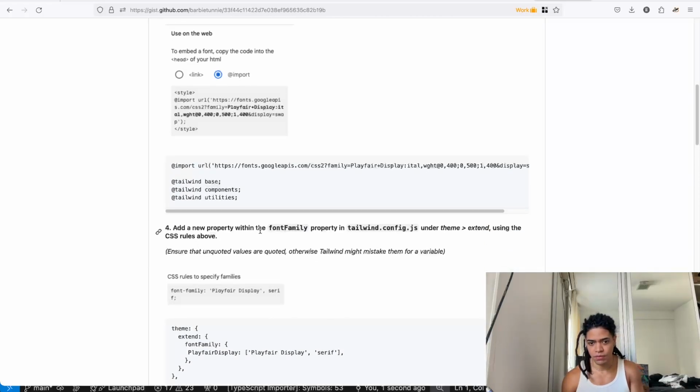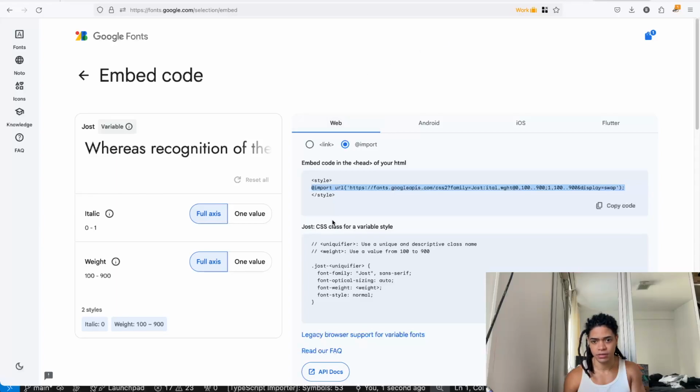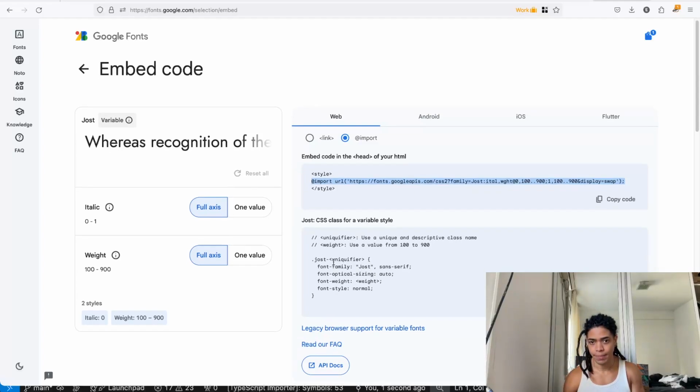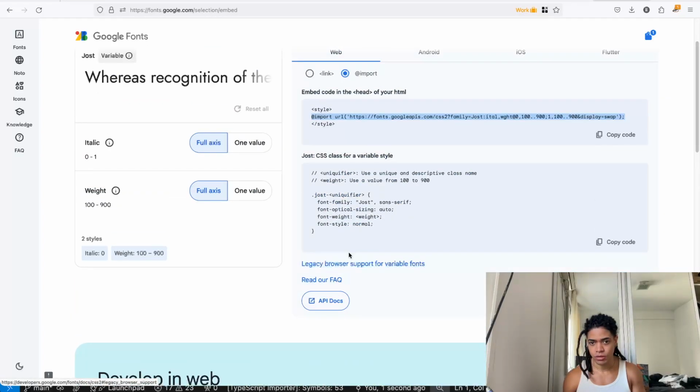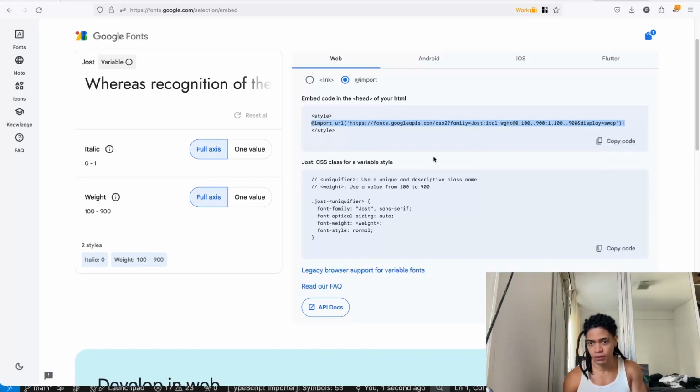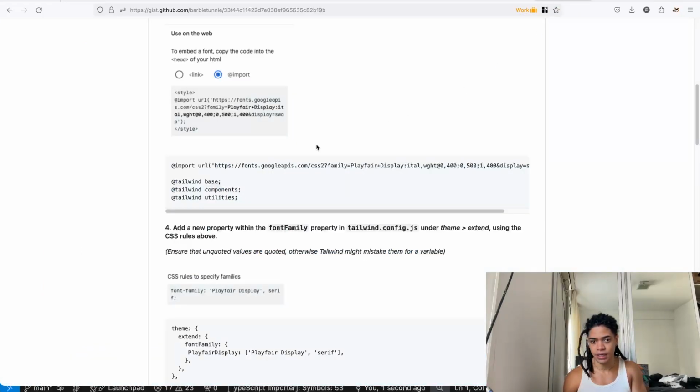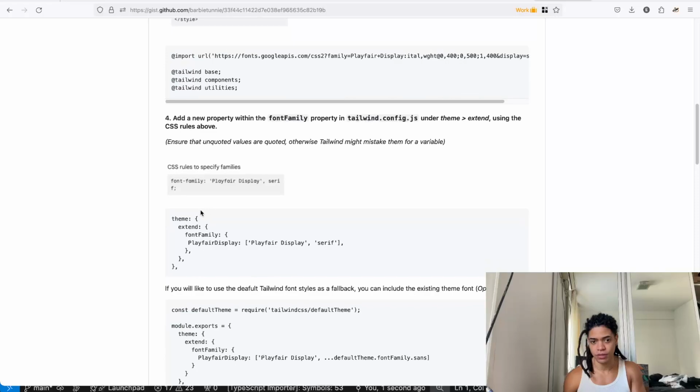Add the new property with font family. Here in this case is font family, exactly. So once you import that font, it is now time to say, hey, I want you to make use of this and extend on the font family.